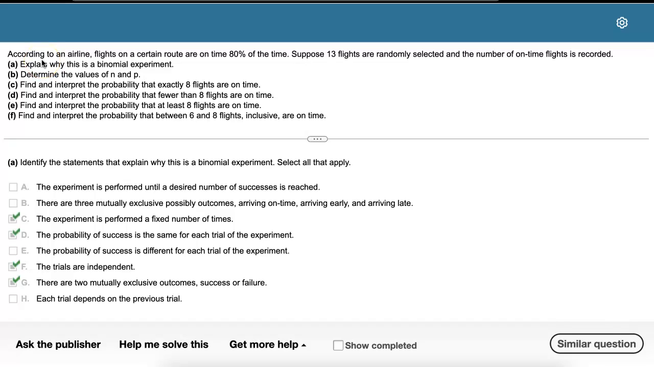In this example, we're going to use a binomial probability distribution to determine the probability that a certain number of flights are on time, given this information here in the problem. If you haven't already, pause the video to read the full problem statement. What I'm going to focus on in this particular video is more about how to find these probabilities using